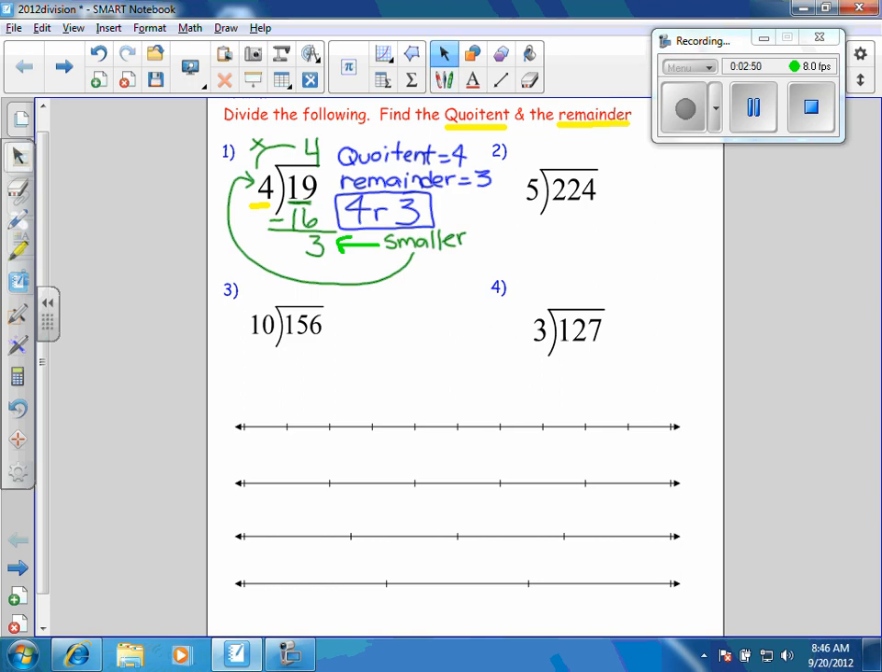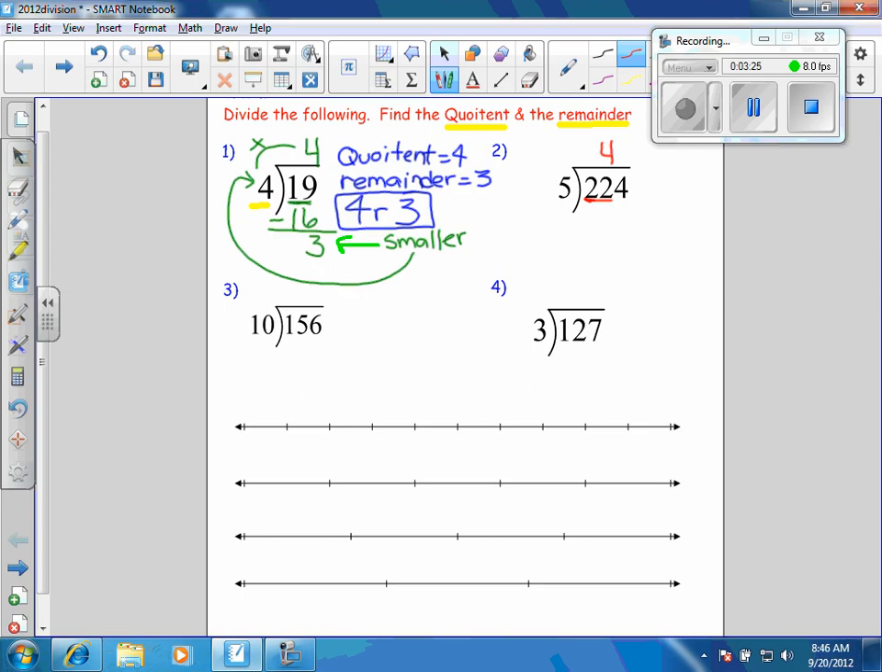If I go to this next problem, number 2, I'm going to do the same process. I'm going to see if 5 divides into 2. But it's too big. 5 is bigger than 2, so I don't put a number up here. Instead I see if 5 divides into 22. And 5 goes into 22 because if we count by 5s, 5, 10, 15, 20. How many times, Sammy? 4. So you put a 4 above the 22